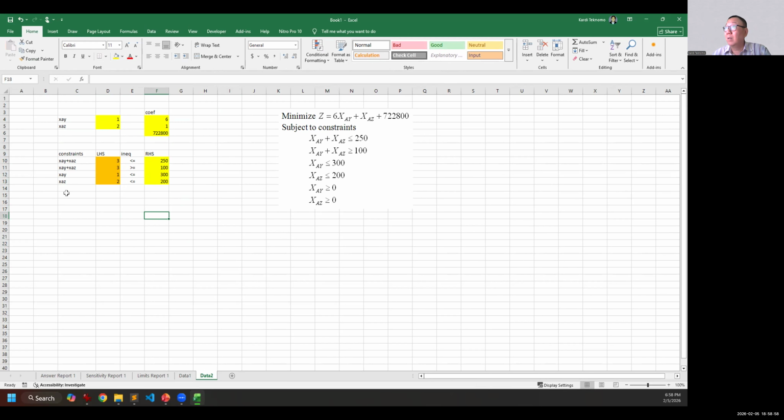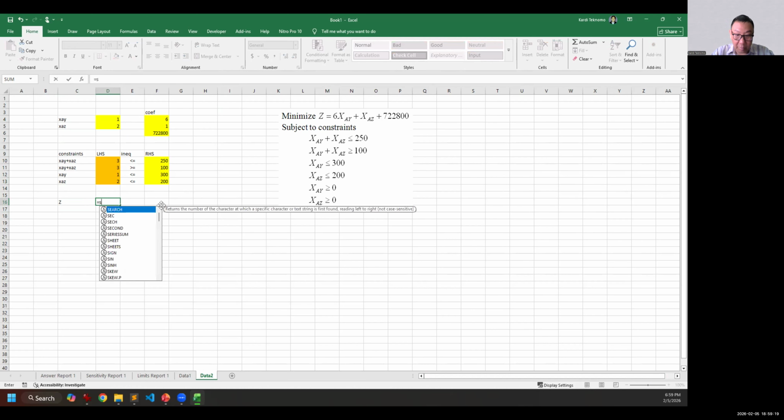Last but not least is the Z. So what is the Z? I'll just put equal. You can put sumproduct if you want. Sumproduct of this one and this one.